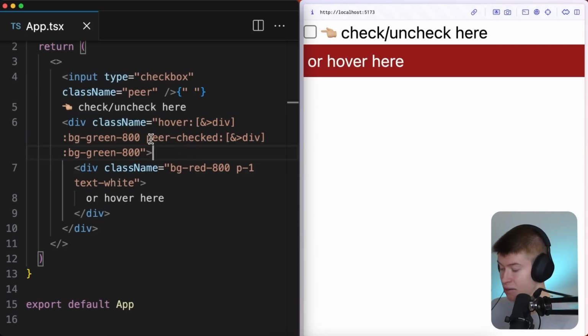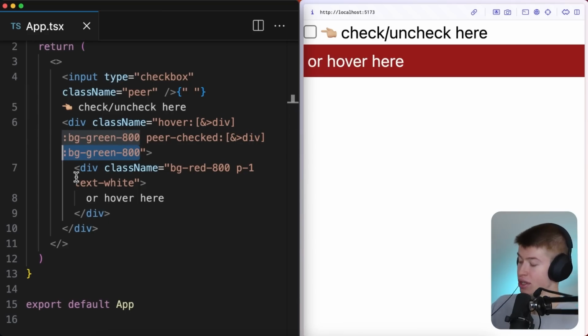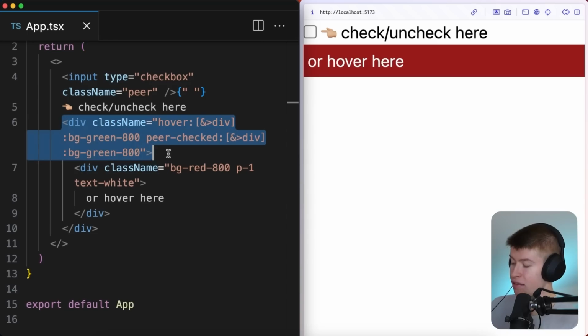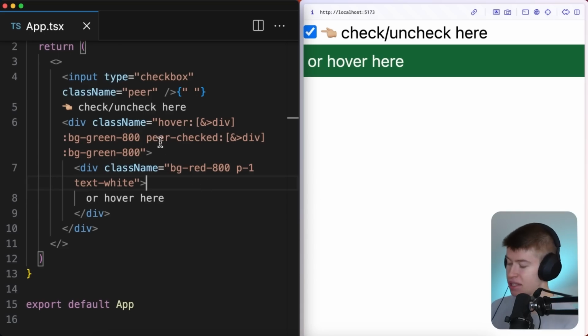And then in this element, we say when the peer is checked, go into the current selector, that's what the and symbol is for, into the div, and then apply a class name of bg-green-800 to it. So this div is actually the one that will be styled. We are just forwarding the event from the top level div into the child to achieve this effect in plain Tailwind. And you might be able to tell from this example, there's a problem with this because we are selecting